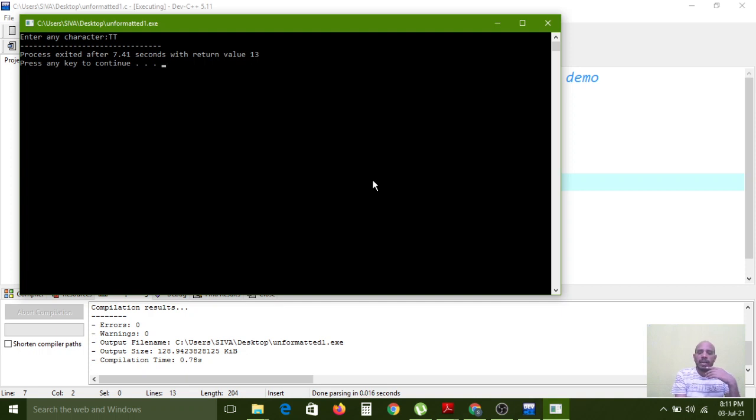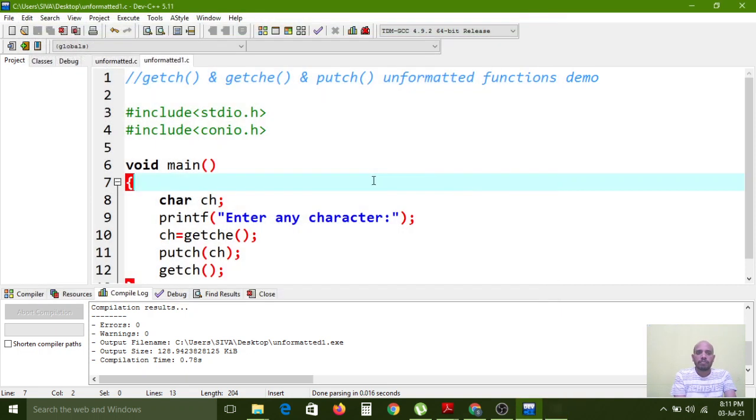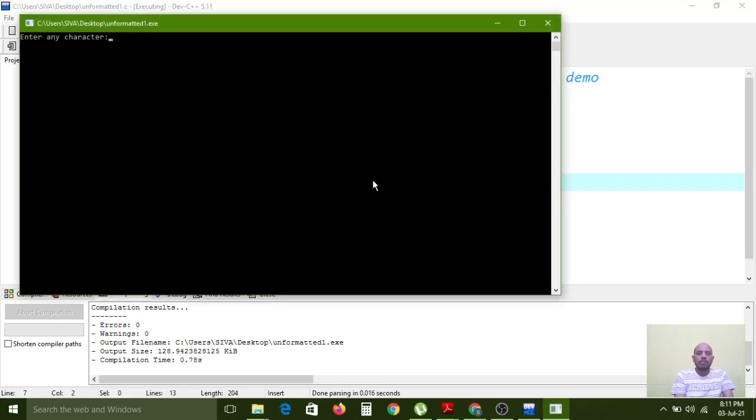Until I press the enter key or any key, here I am pressing the K character. Immediately the K character is reflected by the getche function. So that is the functionality of getche: echoing. After that, it again waits for one character input, because that is the getch function functionality.